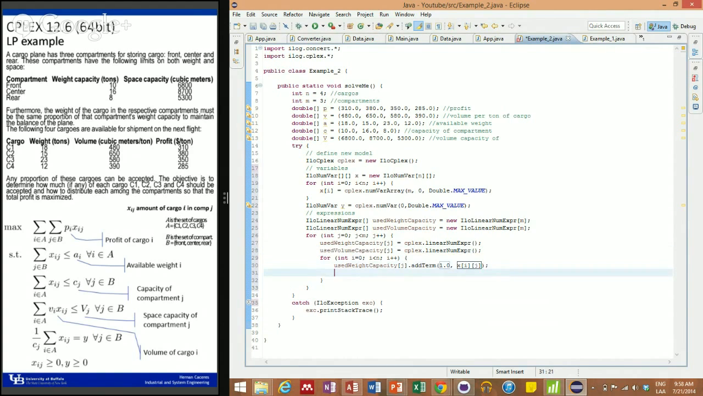And for the volume, we need to transform, instead of multiplying by 1, we would need to multiply by v. So in this case, we use this one, which is the volume per ton of cargo I. Okay,